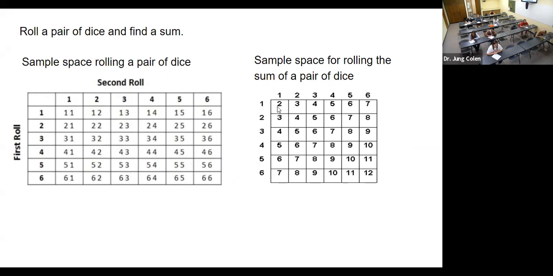So we see the sum is from 2 to 12. And some of the numbers are repeating, like 3, 3, 4, 4, 4, 5, 5, 5, 6, 6, 6, 6. Oh, I see the pattern there. But anyway, there are some repeating there, right? So if I ask you a question like, what's the probability of getting 12 as a sum